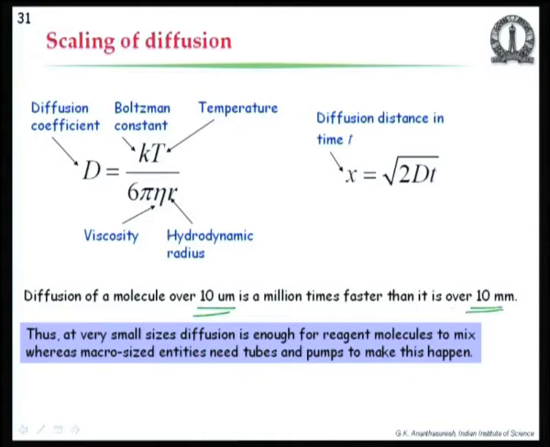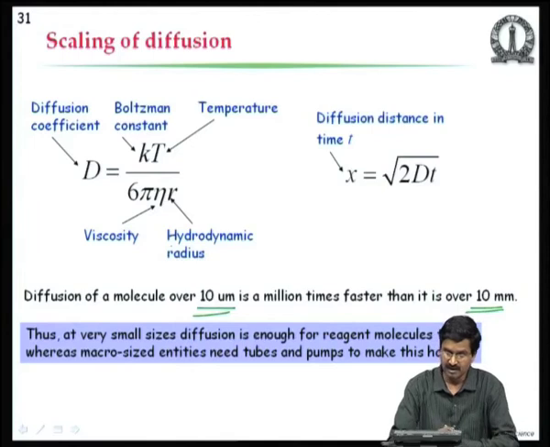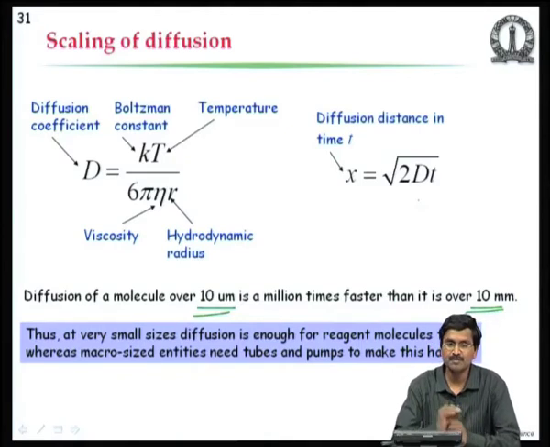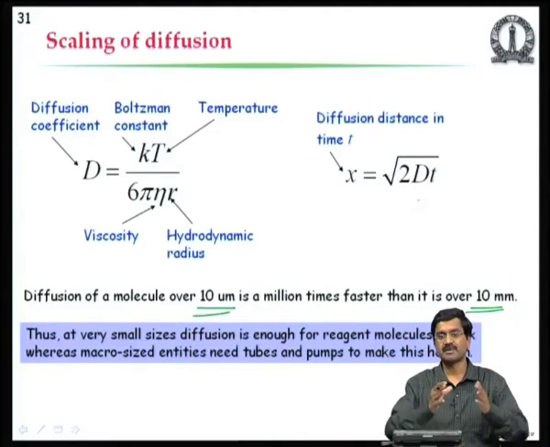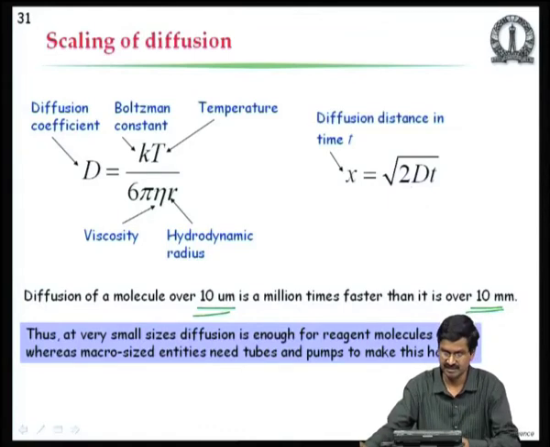First 10 microns it goes very fast, after that it takes a long time, which is embodied in this formula. You can see here x is proportional not to t, but to the square root of t and the square root of this diffusion coefficient D. So, at very small sizes diffusion is enough for simple mixing to occur, but if it has to happen at large distances, you have to have special techniques for stirring things and mixing things at the